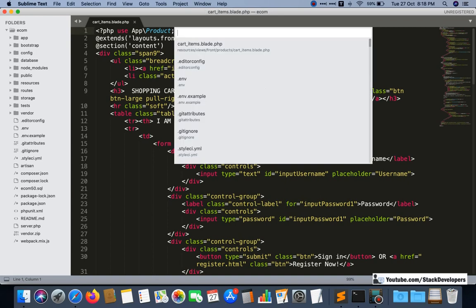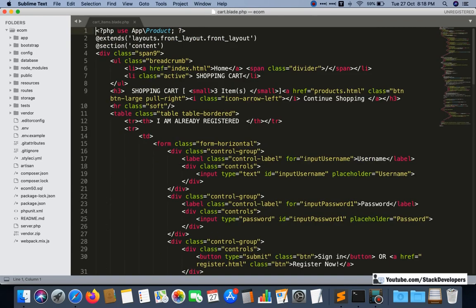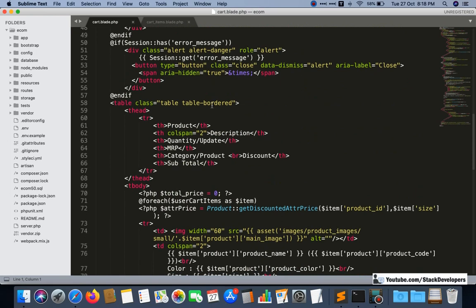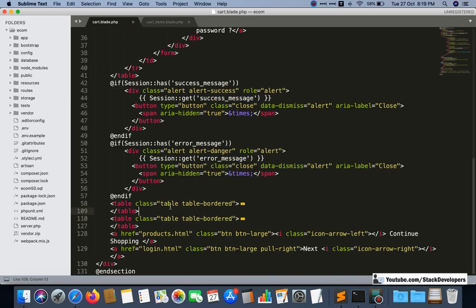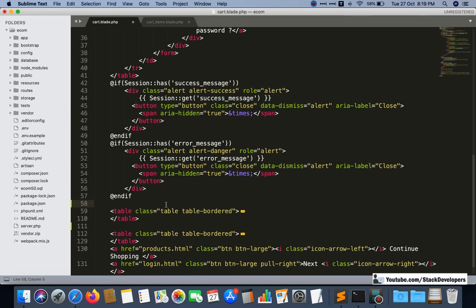And I will also open the cart_items blade file. Now the two files are the same, but we will move this foreach loop to the cart_items blade file. So I will do it like this, first this foreach loop.